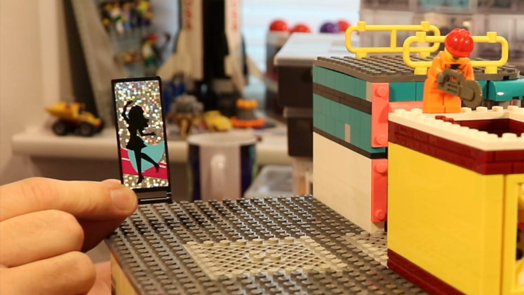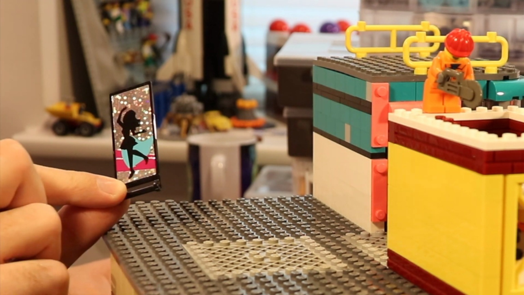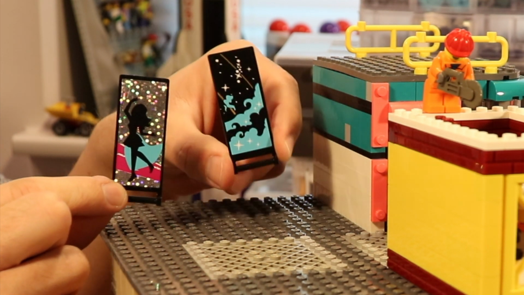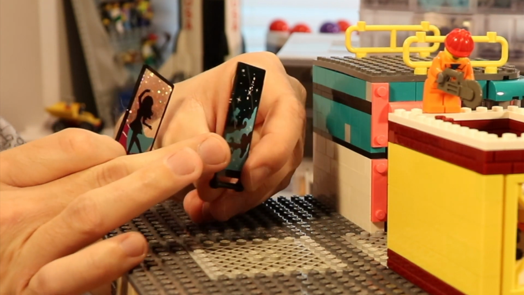There's a dancing, I think this is a Friends figure, a mini doll, I think they are called, which I think would be very appropriate for a bar slash dancing, maybe disco. And there's another side to these, which looks like this. There are two of these